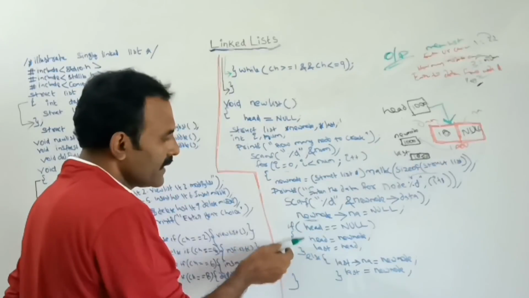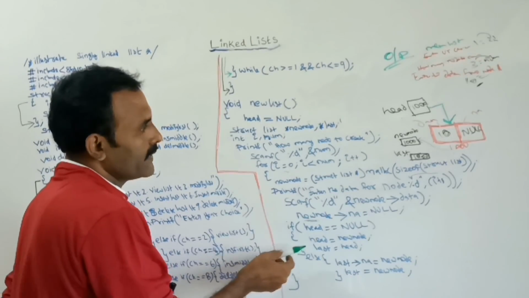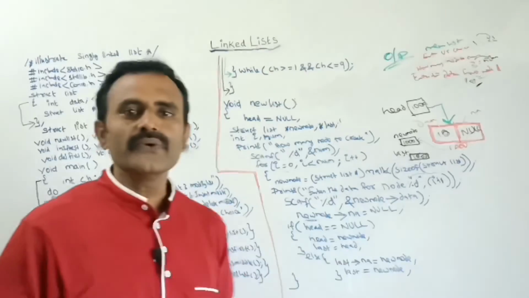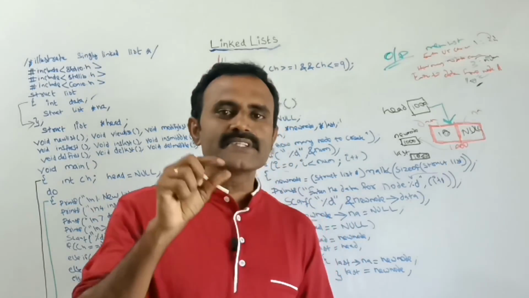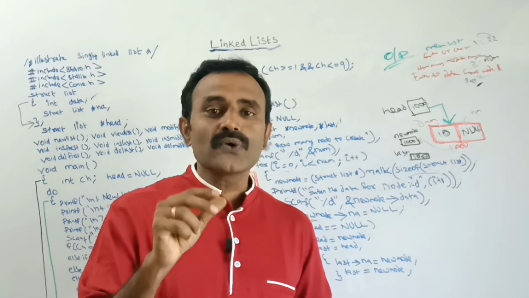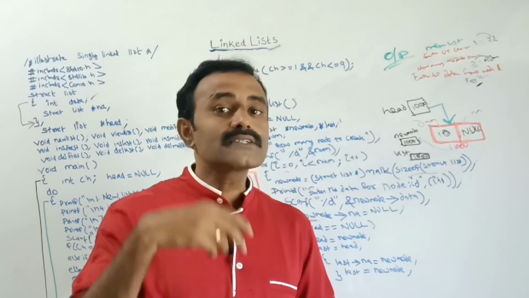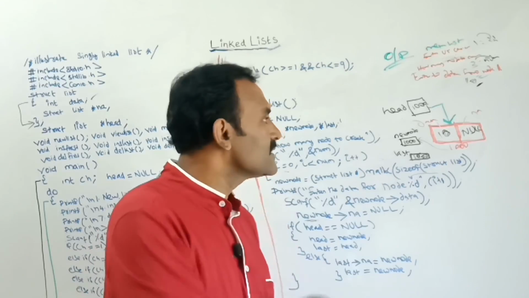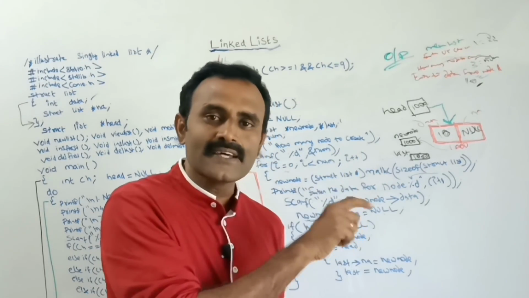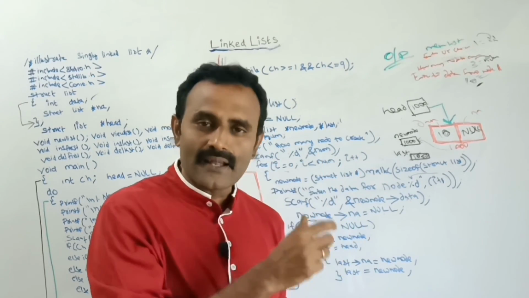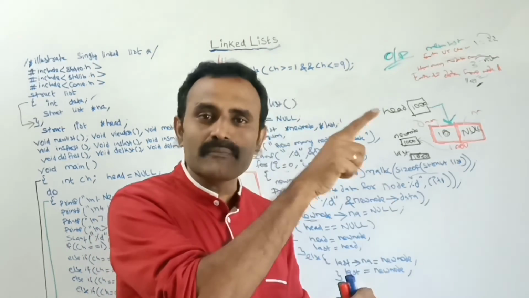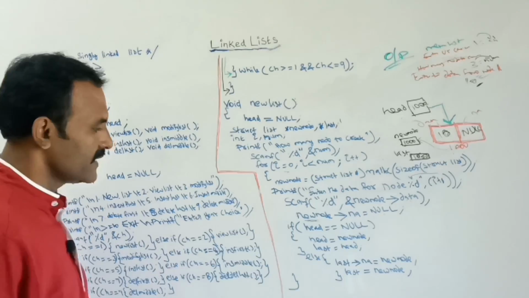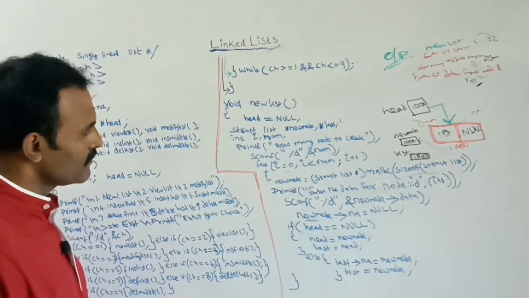Next the if condition is completed. As it is a single node, as I already told you, the head node always holds the starting address and the last node always holds the last address of the list. So in this case, as it is a single node in the list, both head and last have the same node address. This is the first iteration, and it has now completed.